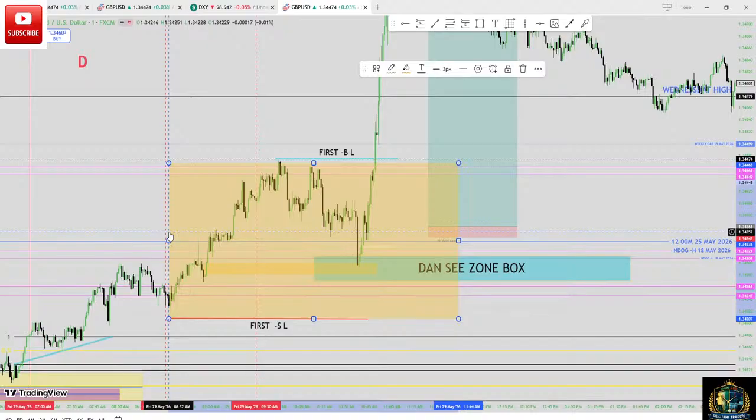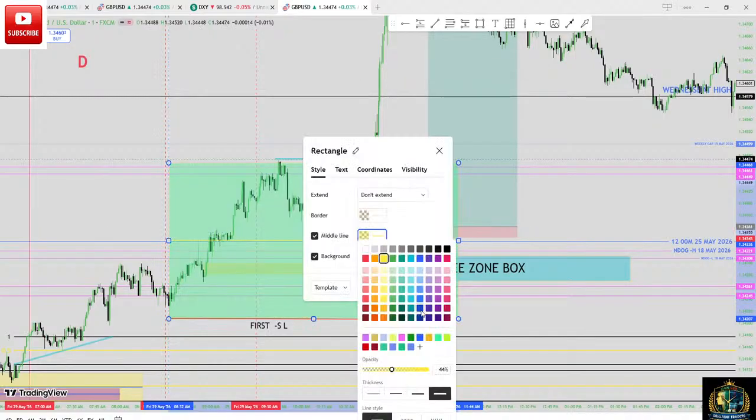Which color should I use next? Let's apply green. Then the middle should be which color? Yellow. Okay, yellow is enough. And let's apply blue. Alright. From the first sell side liquidity to the second sell side liquidity, anything below is the Dancy Zoom boss. And you can see it is also the Dancy Zoom boss. You can do screenshots. That is how I get the market. And this blue line that is crossing over here, this particular small blue line is 12 o'clock a.m.